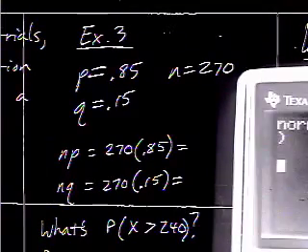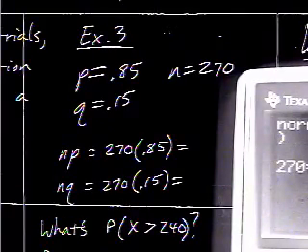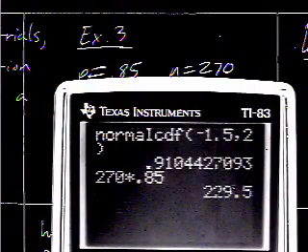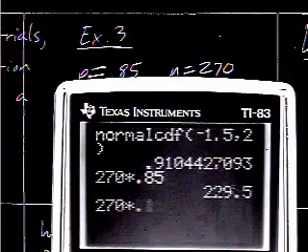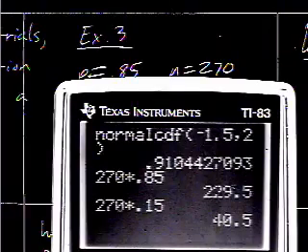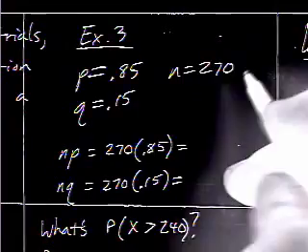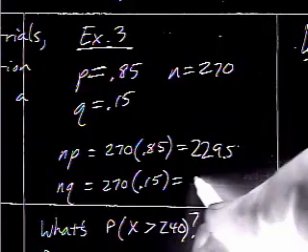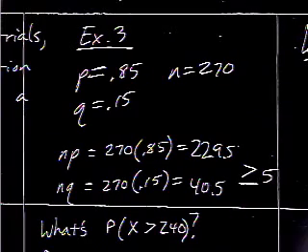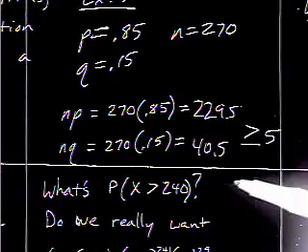So let's see here. 270 times 0.85, that's 229.5. 270 times 0.15 is 40.5. Both of those are greater than or equal to 5. So now we know that we can change this, because they want to know what's the probability that we will